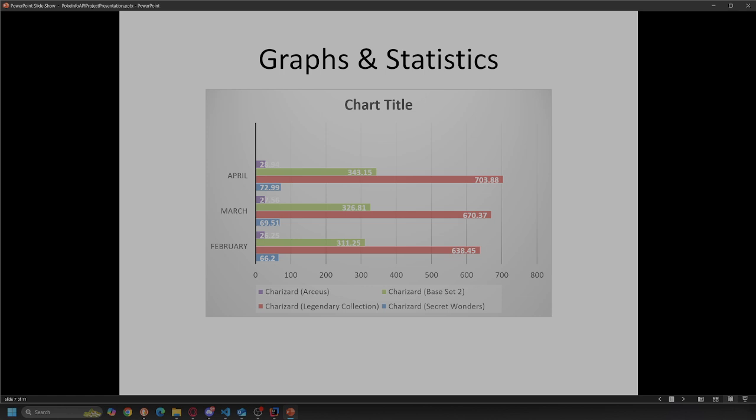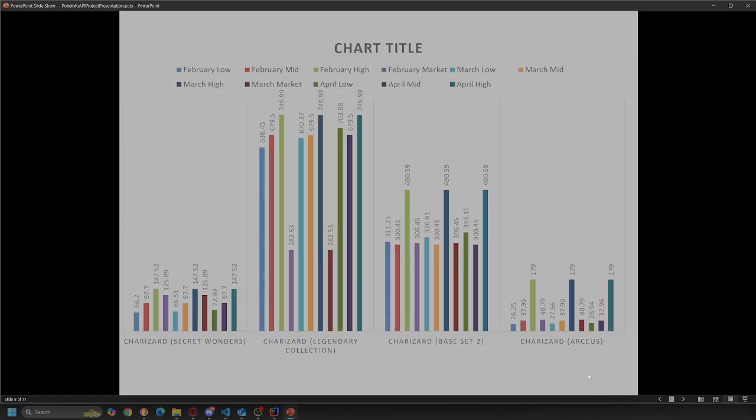Okay, so far we can see here we also got Charizard Base 2, we also got Charizard Wonders, and the Legendary Connection. So we can also see, like I mentioned before, that these cards are based on... That's why it's kind of difficult. This was also another challenge, because prices are not set in stone. So what I mean by that is